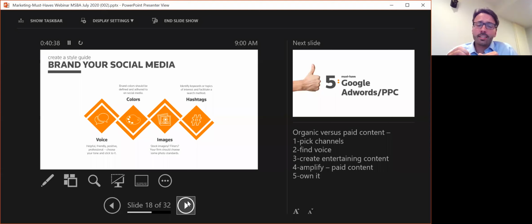Paid content is where you're actually using Facebook's ad platform as an example, or LinkedIn's ad platform, where you're scrolling through your feed and you actually see the ad pop up